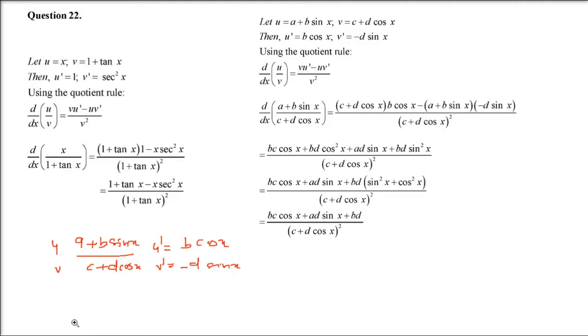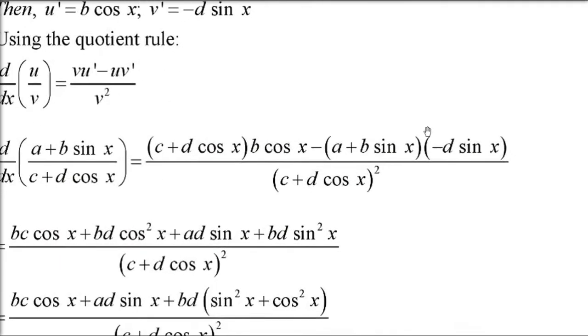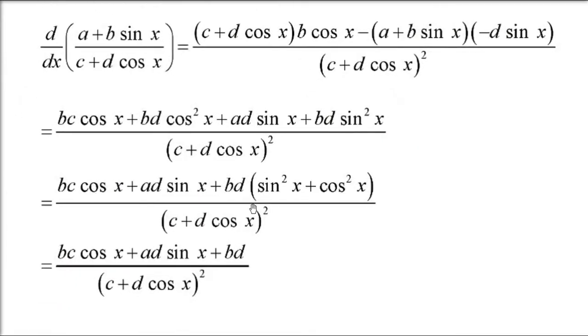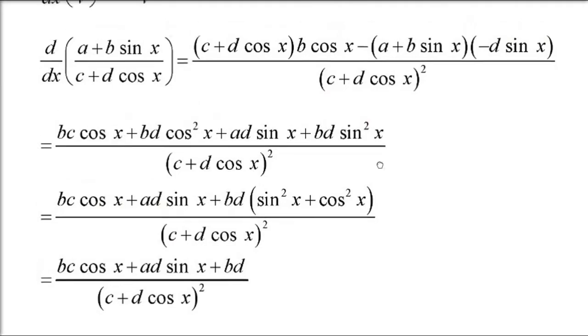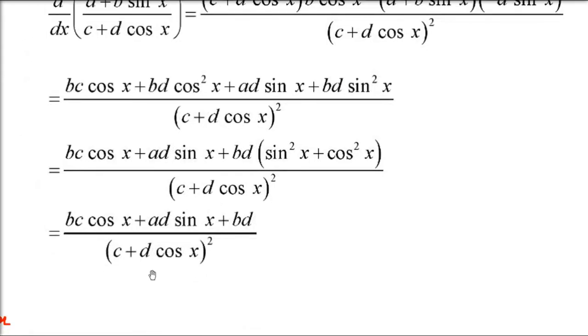So we have these two. Okay. Now we have to multiply u dash with v and subtract it with u and v dash. So a plus b sin x into minus d sin x. Wherever you have minus minus, just make it plus. It will be easier to solve then. So negative, negative, positive. Now I want you to multiply each and every term. When you do it, you will see bd cos square x and bd sin square x you will find. So this bd you can take common, and sin square x plus cos square x will be equal to 1, because as I said earlier, sin square theta plus cos square theta is 1. Okay. So this will be the final answer.